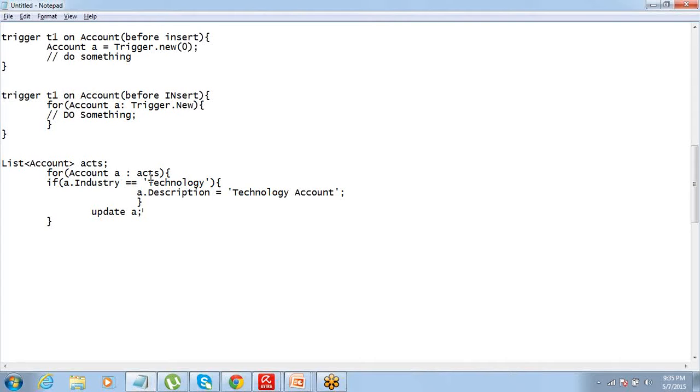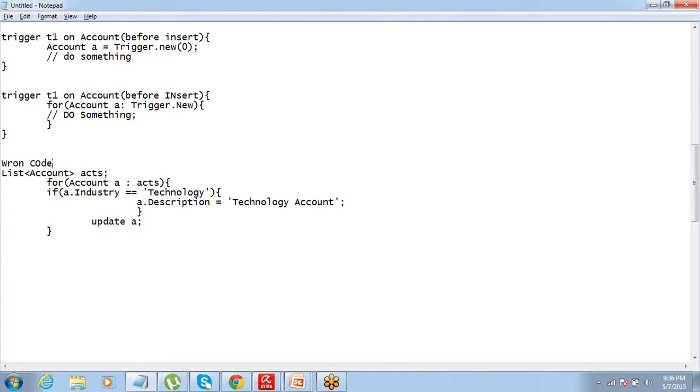How many DML statements are allowed? 150. So in case the size of ACTS is less than 150, then this code will work fine. The moment it finds that there are more than 150 records, it will throw you an error because it requires more than 150 DML statements.